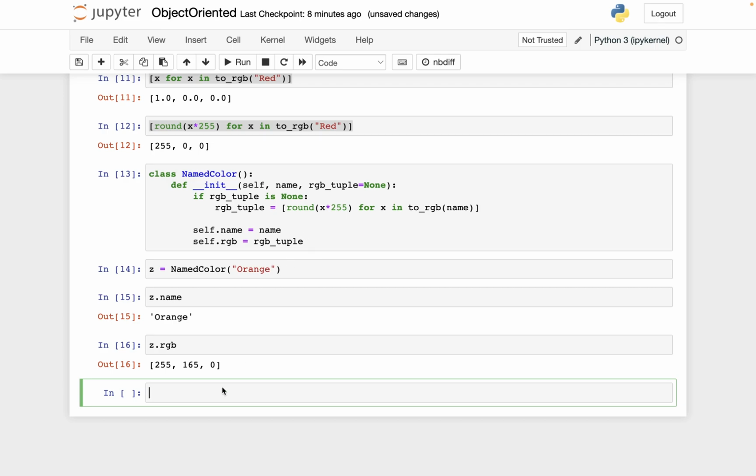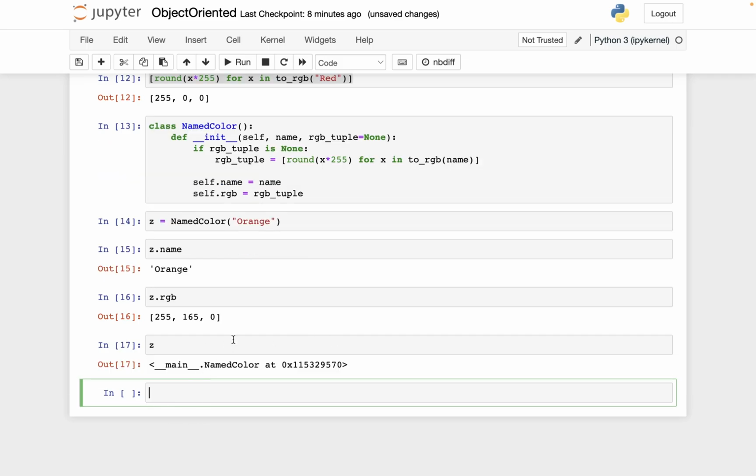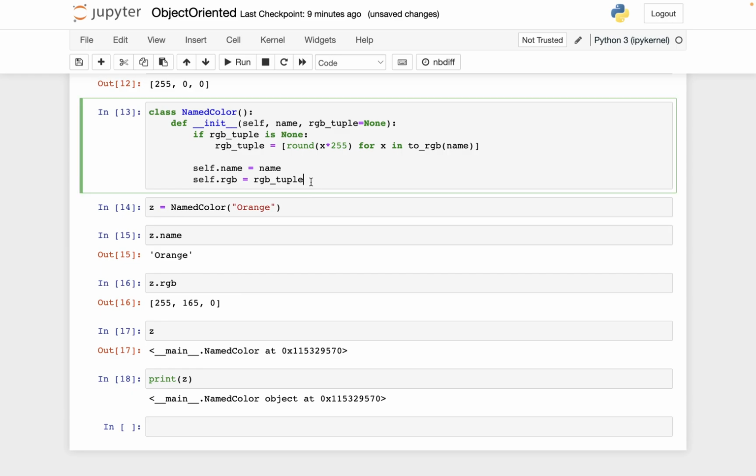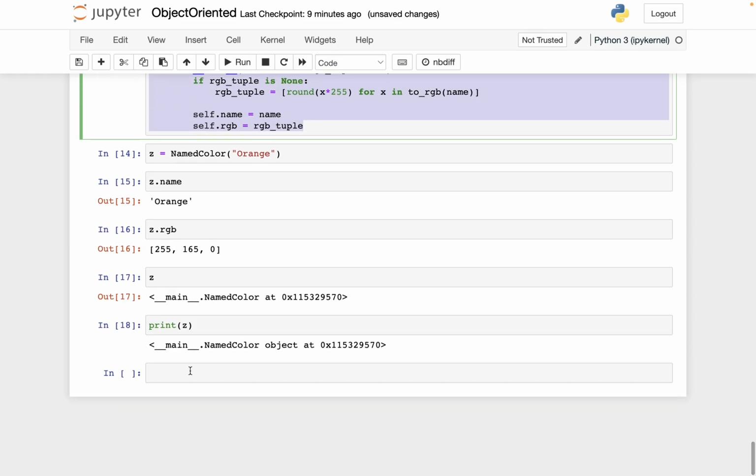Maybe I'll show just one more thing. If I look at z, then I get this kind of strange thing here. And secretly, when you write z like this, what happens is it calls another one of these dunder methods called __repr__ for representation. If you do print z, it calls a slightly different one. And this is __str__, like string. So let me just add the string part, okay,